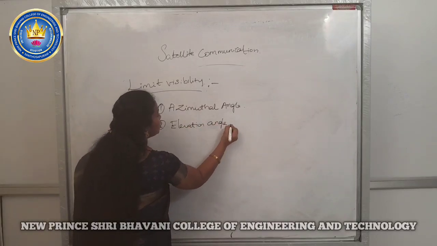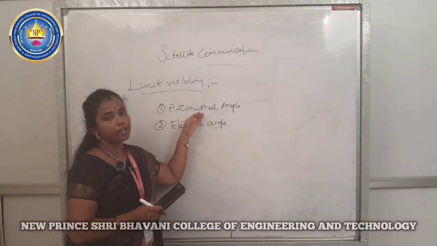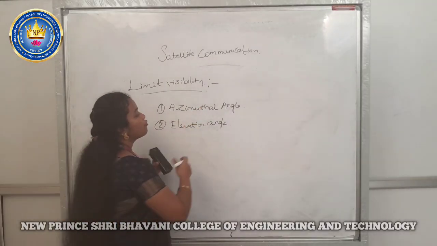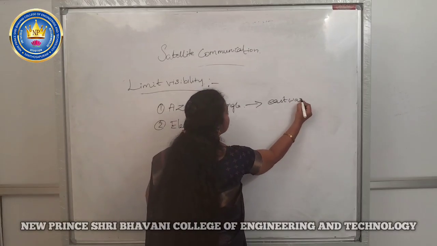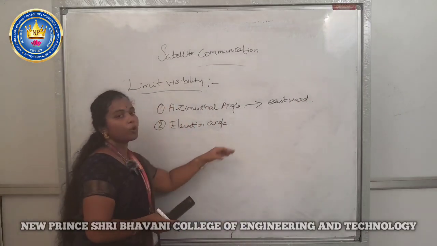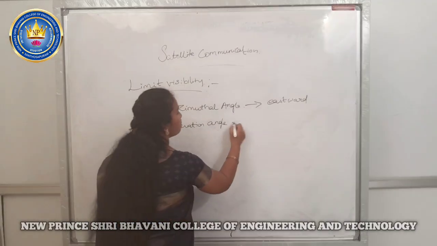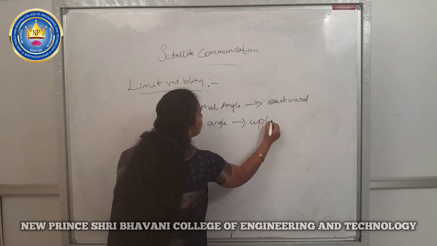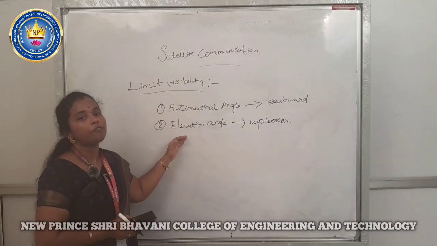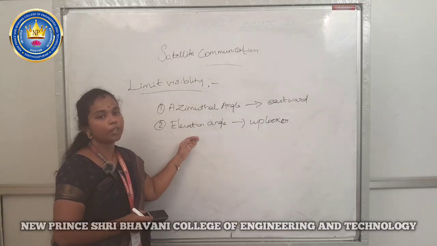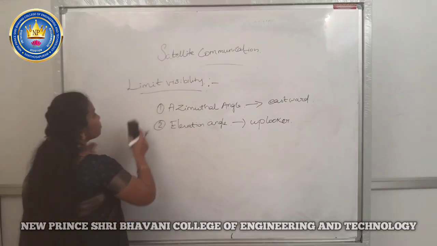As I already told, the azimuthal angle is the measure of the electrical signals or radio wave signals from the satellite to eastward. The satellite communicates towards the eastward from the north side, and the elevation is the uplook side angle. The elevation angle is when we are at the earth station we have to look at the upper angle also, so it is called the elevation angle. Then we move on to the